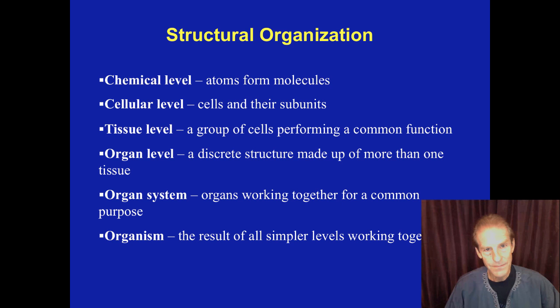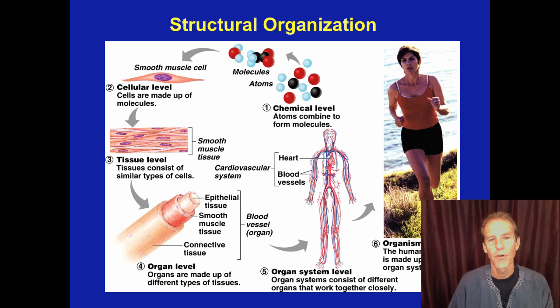So at the structural organizational level, you can see here at the chemical level, the molecules are formed into cells which make up tissues, and the tissues come together to form an organ, in this case a muscle. And then the muscles, in this case the organs, join together at the organ system level. In this case we're seeing the vascular system with the heart, lungs, and makeup of the entire human organism.